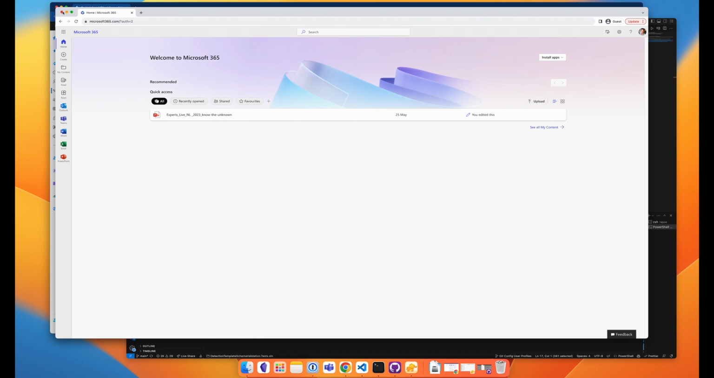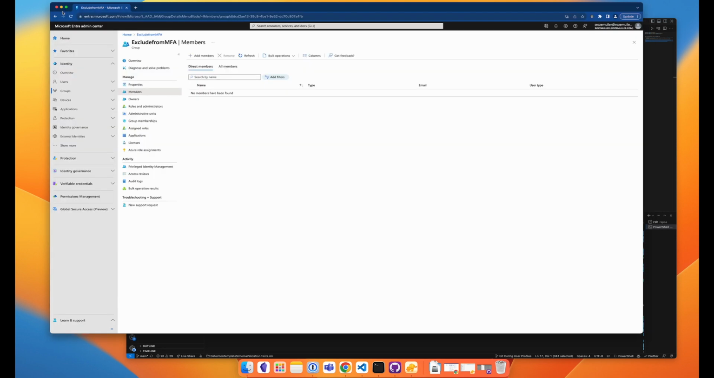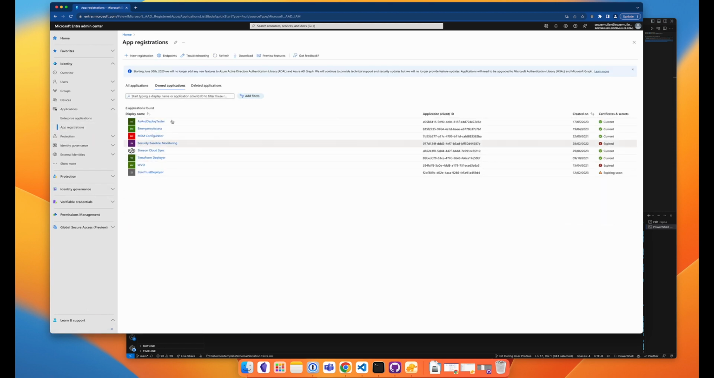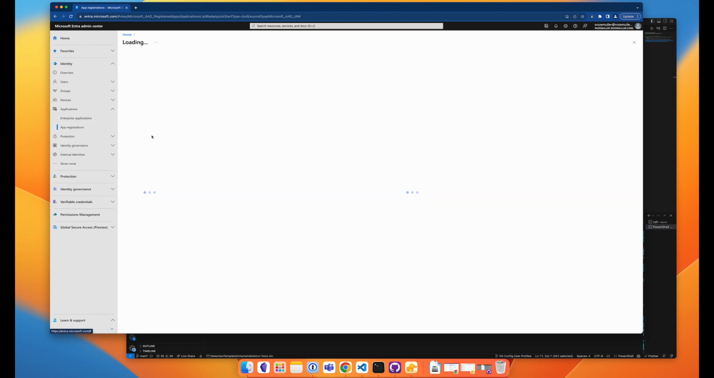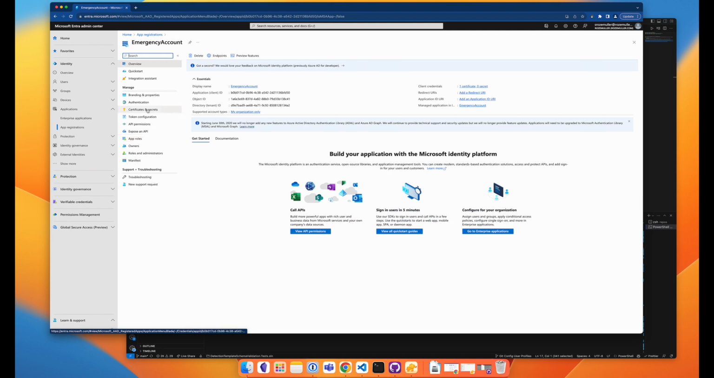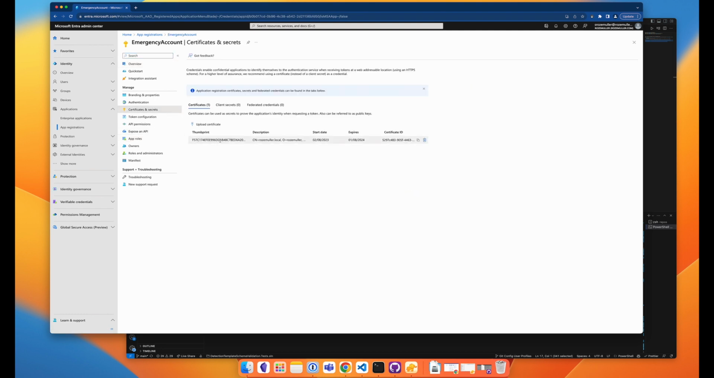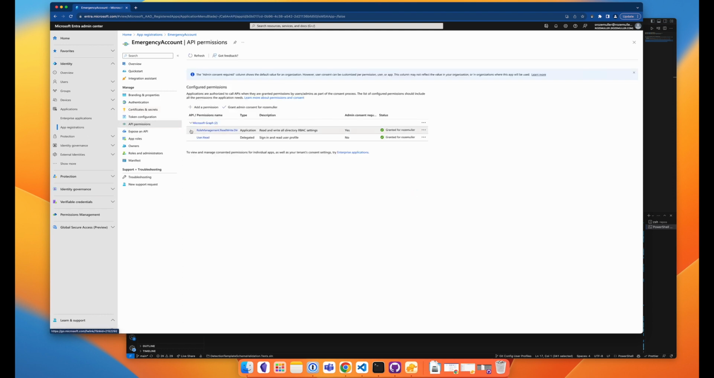So what we did all in all is we have created an app registration. If I go back to that, we have an emergency account app registration. We have assigned the certificate. We have added the role management permissions to assign users to an Azure AD role assignable group, which is normally